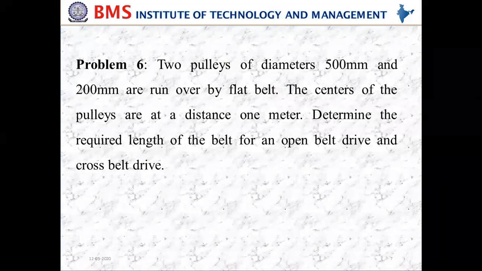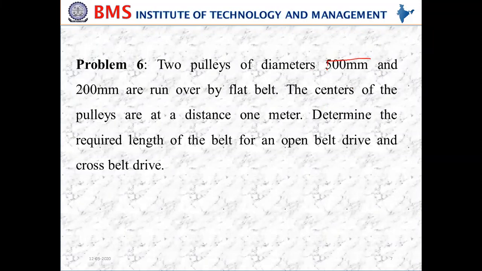The diameter of the pulleys is given, that is, R1 is equal to 500 by 2, that is 250 mm. That can be converted into meters, so it is 0.25. Similarly, R2 is equal to 100 mm, so 0.1 meter. Convert into meters, then substitute directly in the equation, because for the length of the belt there are three variables: the radius of the driven pulley, the radius of the driver pulley, and the central distance. As they are given, the three parameters are known.